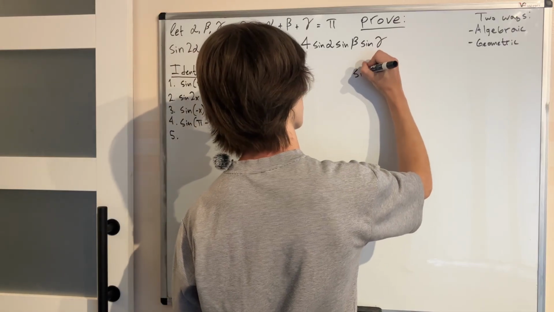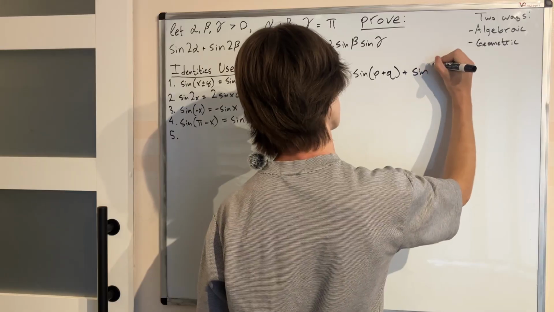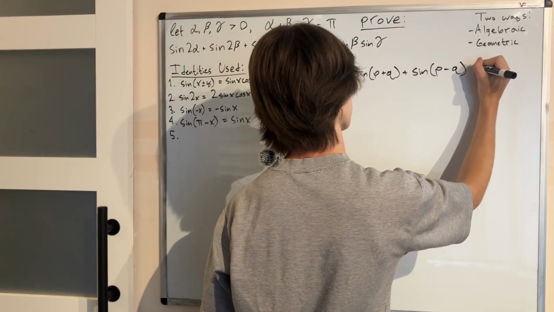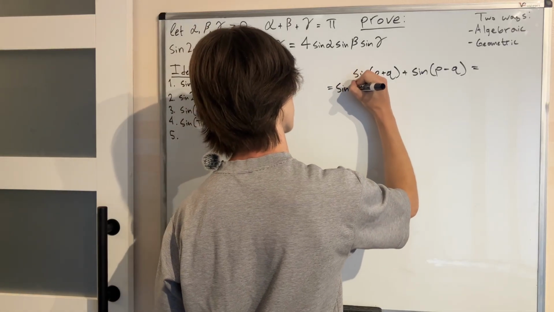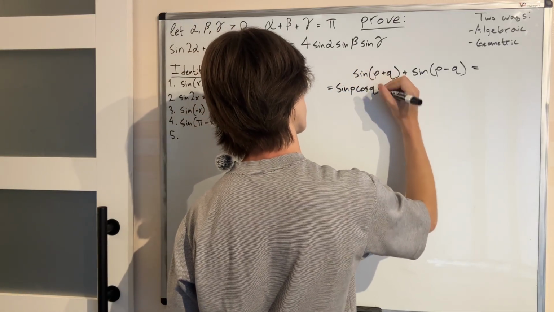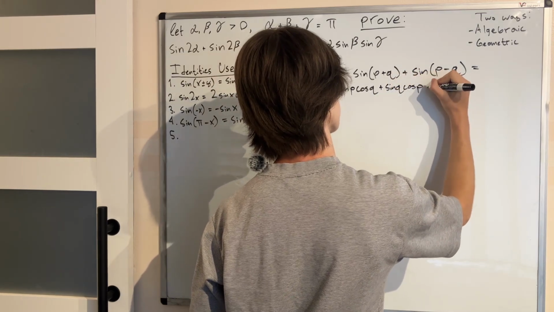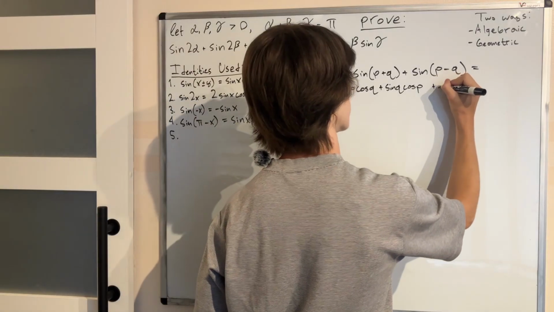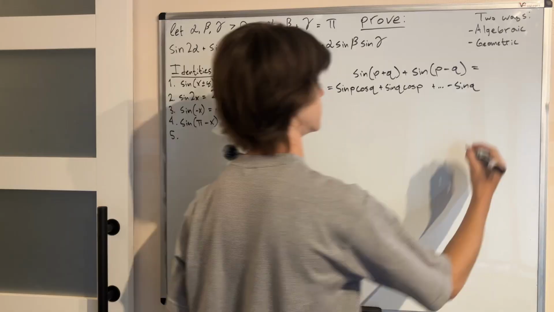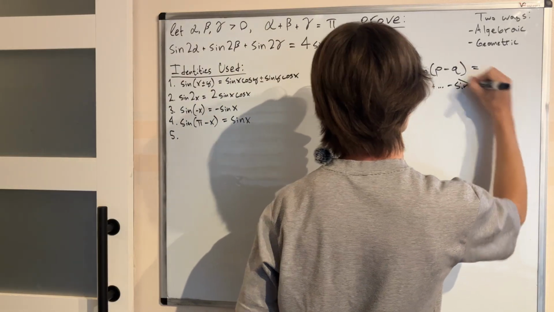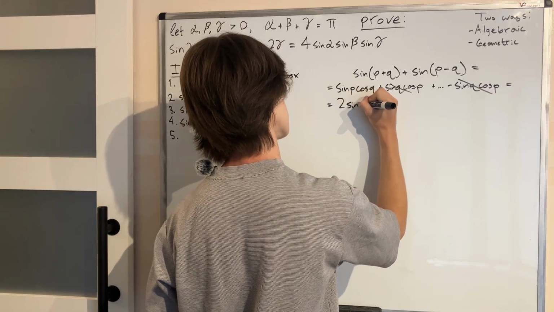Say you have the sine of the sum p plus q and you're adding it to the sine of p minus q. What will you get then? Well, we can use our identity for the angle sum. The first one will get sine of p times the cosine of q, plus the sine of q times the cosine of p, and then the same thing here, however with a negative sine of q cosine of p term, because here there's a negative sign in the argument. And so these two will cancel out,